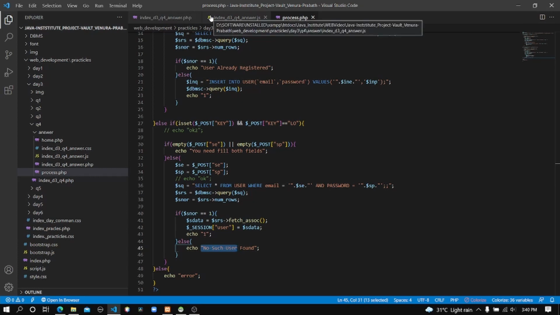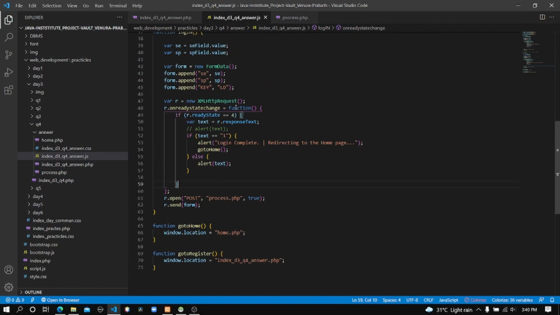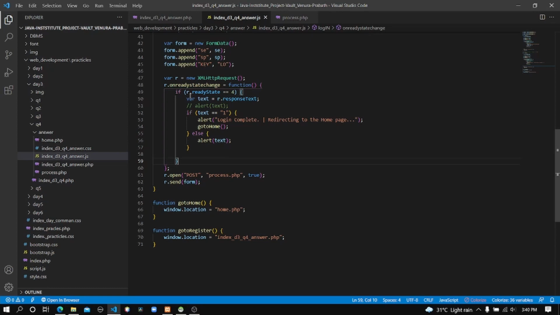So those details are Ajax. The state of the Ajax object being equal to 4 means the output of the process.php file has been sent back to the client side. So I check whether the state is equal to 4. You can see there's an if condition, and it will check the state is equal to 4. That means it will check whether the output data has come back to the client side, and after that it will execute this part if the data is here.